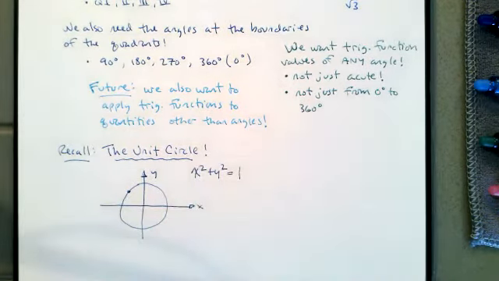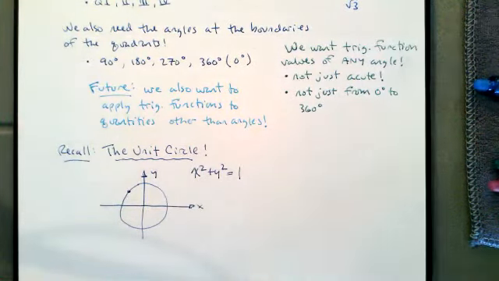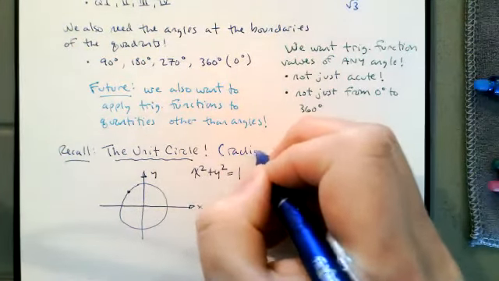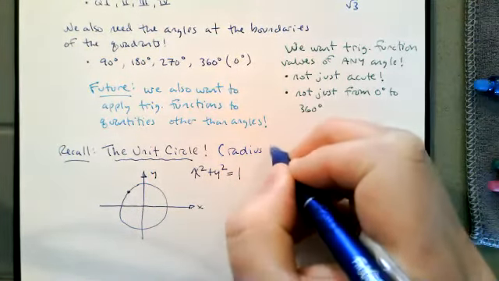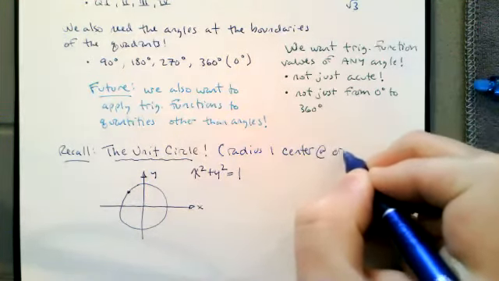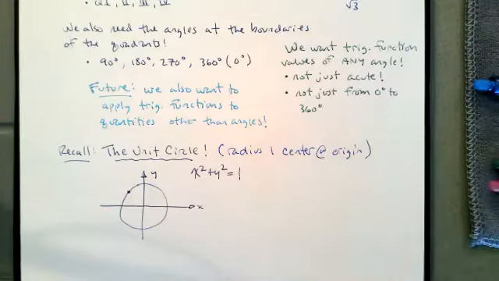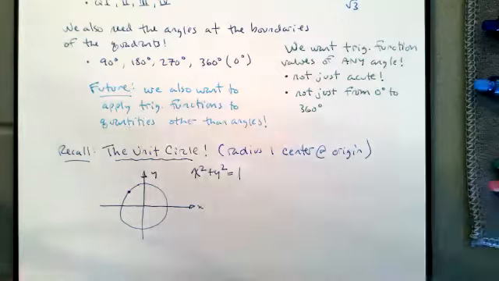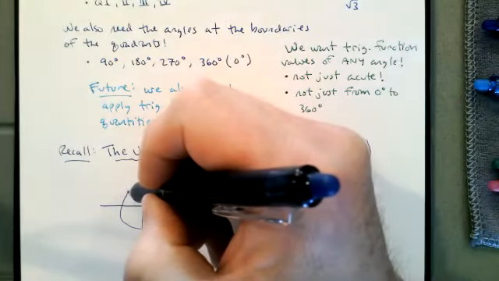It's a circle with a radius 1 centered at the origin. So the equation for a circle of radius 1 centered at the origin is that x squared plus y squared is equal to 1. If we have a point on this unit circle,